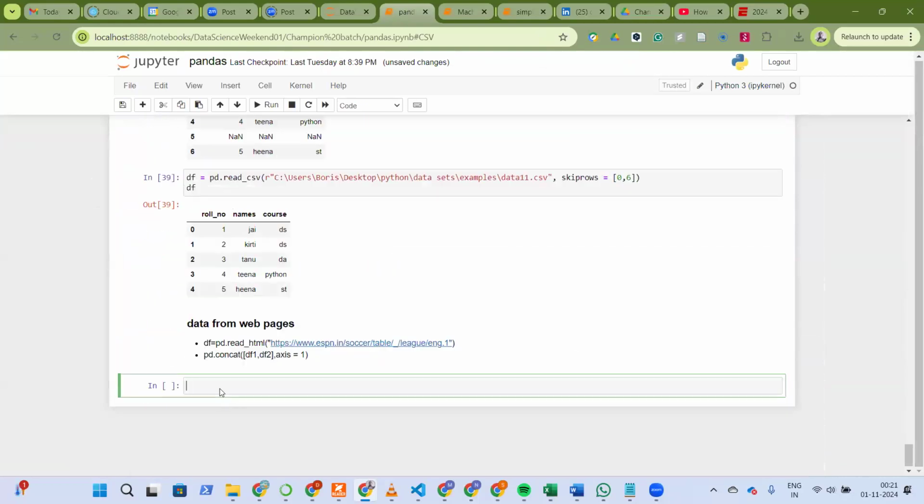The first thing we're going to do is say df equals, and my own function this time around is pd.read_html. Don't ask me what is HTML. So you pass your